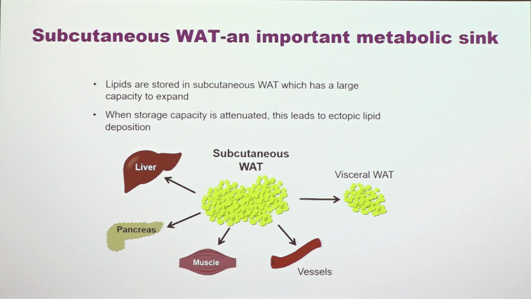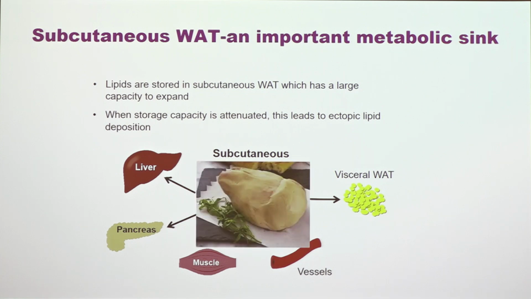So the current view of how white adipose tissue promotes metabolic disease is that the subcutaneous adipose tissue is the real culprit. When we all talk about visceral adipose tissue as the bad guy, that's just because we don't have sufficient amounts of subcutaneous adipose tissue, or sufficiently good function, to store our lipids, and then they are funneled out into the visceral adipose tissue. So the visceral adipose tissue is basically an ectopic fat depot, and we all know that ectopic fat can be very good to eat. This is foie gras, which is basically NAFLD in ducks, but we certainly don't want to have that